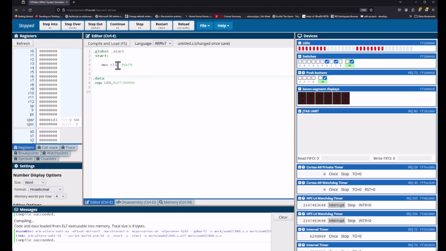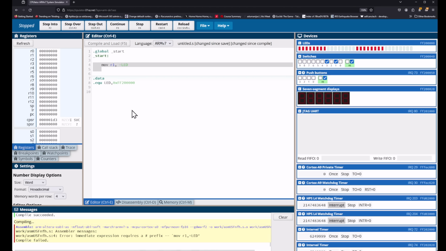How do I reuse it later? I am going to just say, put this information into register 1. How do I do it? I just say equals LED. Now, if I compile it, okay, just a second. This is an immediate. Okay,